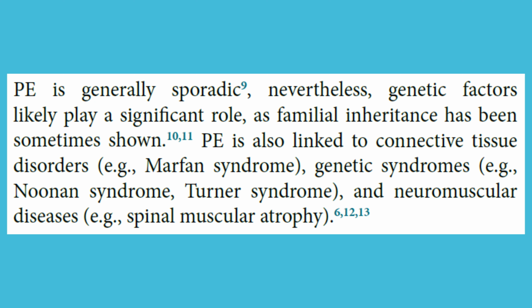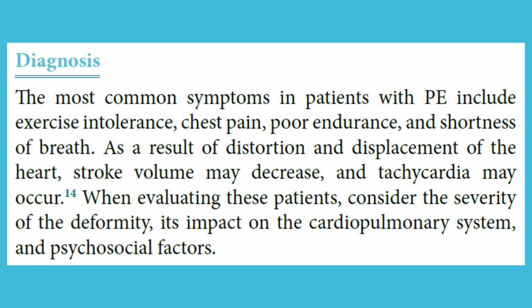PE is also linked to connective tissue disorders, e.g. Marfan syndrome, genetic syndromes, e.g. Noonan syndrome, Turner syndrome, and neuromuscular diseases, e.g. spinal muscular atrophy. Diagnosis. The most common symptoms in patients with PE include exercise intolerance, chest pain, poor endurance, and